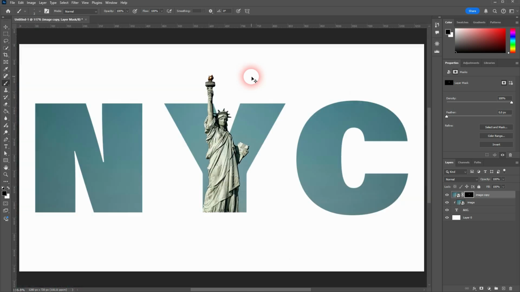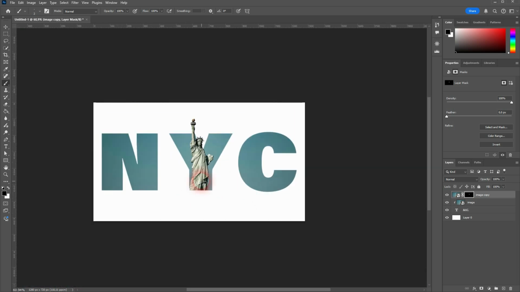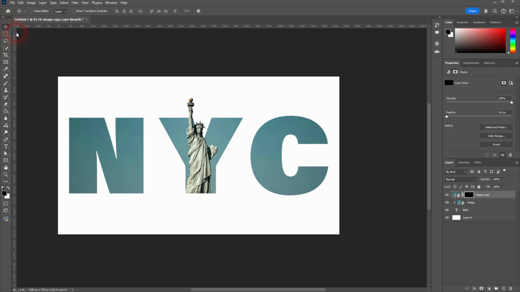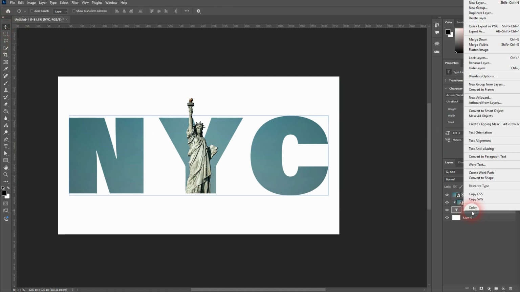Alright, but now that looks good. I press Ctrl 0. We're almost there. But I also want to add a stroke effect to the text. To do that, I'll just right click on the text layer, use the blending options,